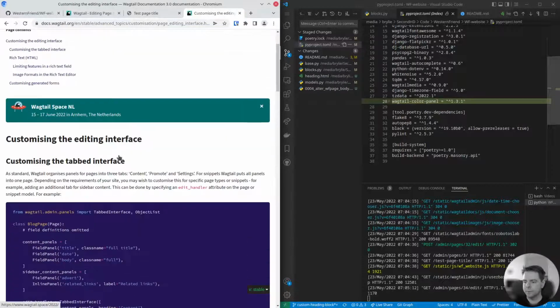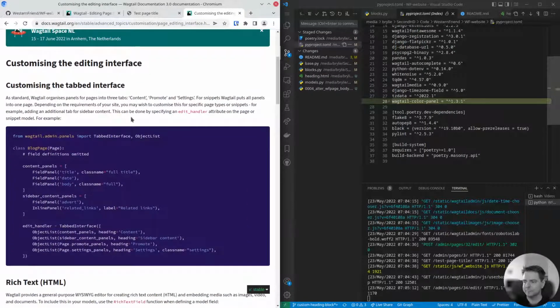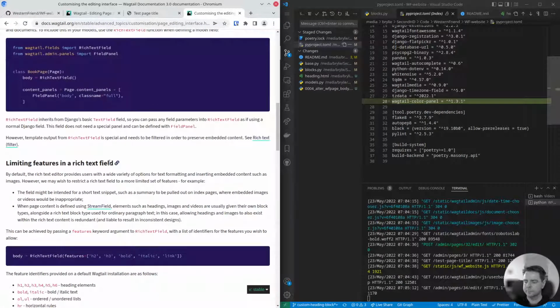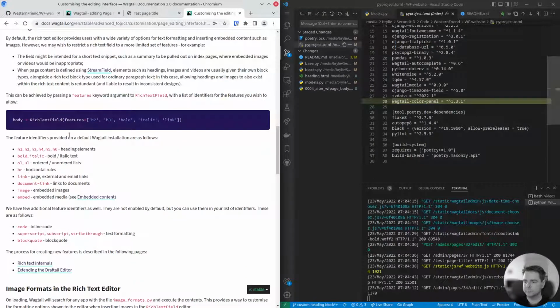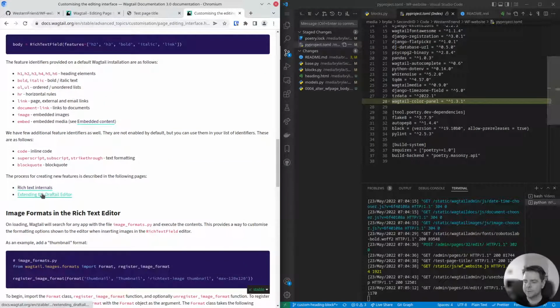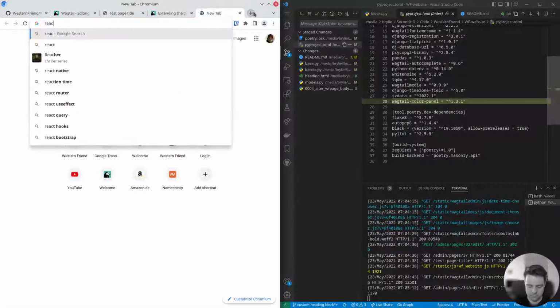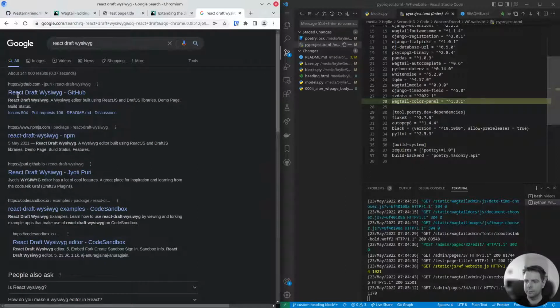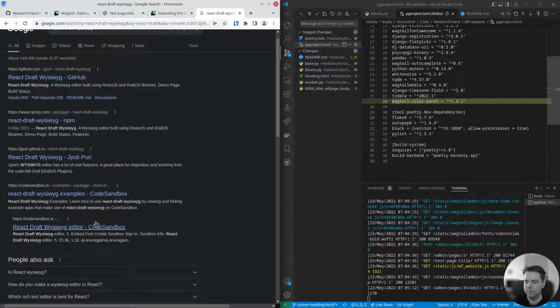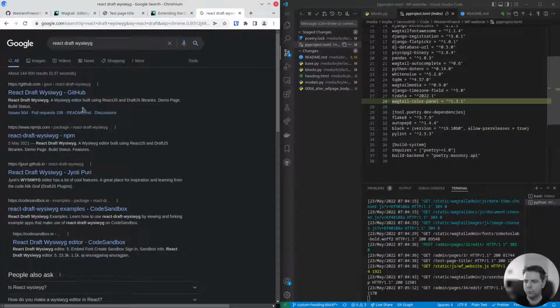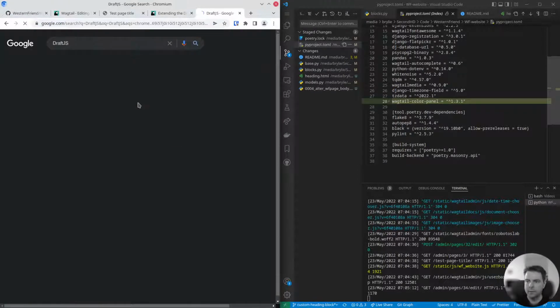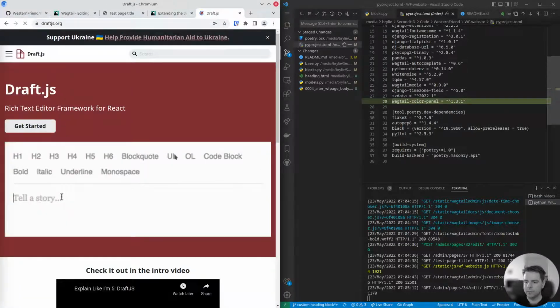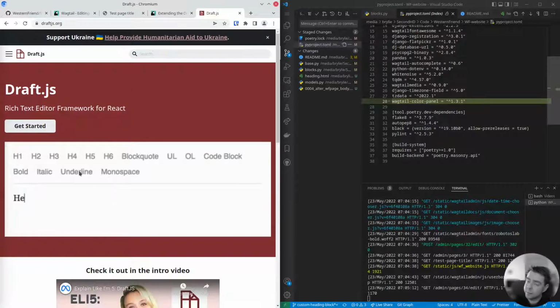It's called Draft.js. There we go. Essentially, when I look at the Draft.js examples and documentation, they're pretty much defining just single buttons,